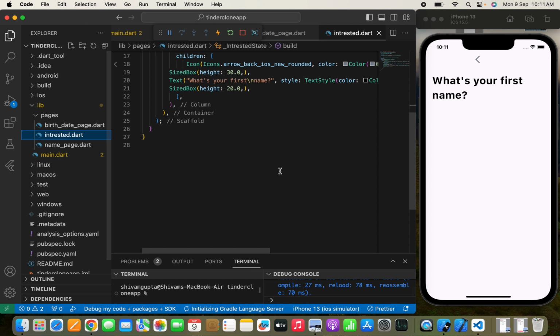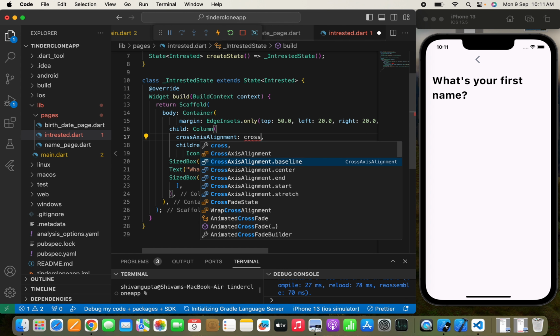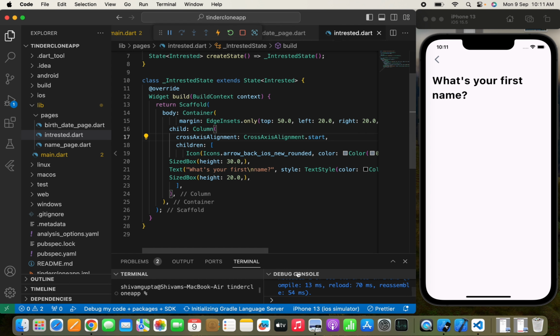And here you move to the interested page, and we need to simply pass cross axis alignment dot start, and we need to first change the text to who are you interested in seeing. So let me know in the comment box who you are interested in seeing, so that I can know how many people are here and what they are interested in seeing. So we'll write who are you